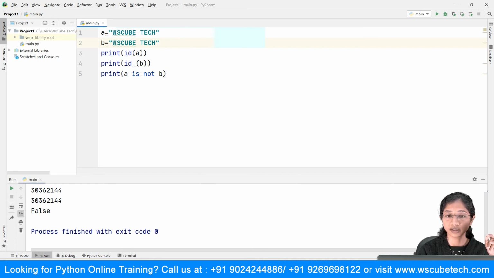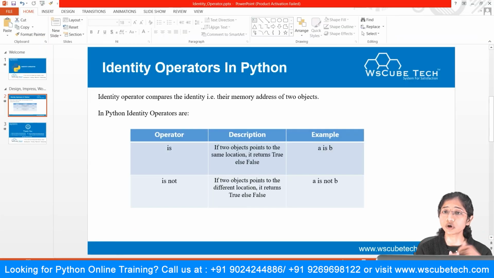If I had made use of is, then it would have returned true. So we can use this with any of these. Now suppose I just write here WS Cube Tech. In this case, it will return me true because the memory addresses are different. So basically what is not is doing is that if they are at a different location, then it will give you true. So this was about the identity operators.